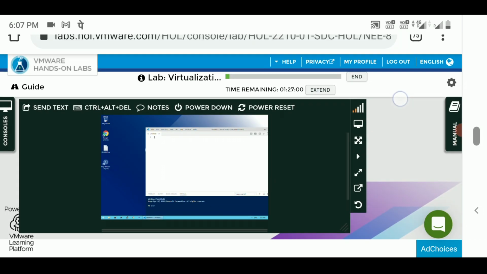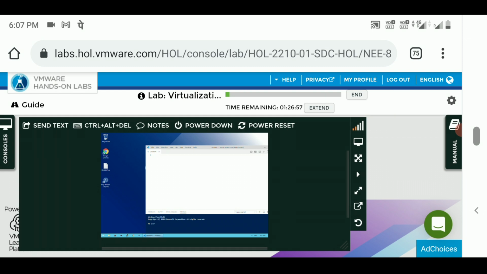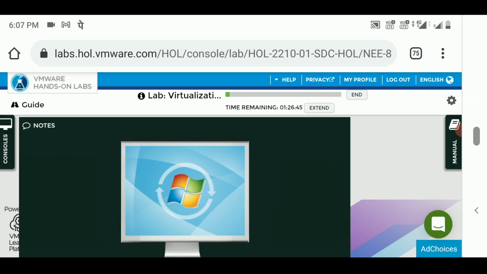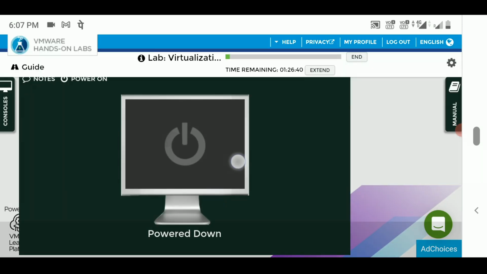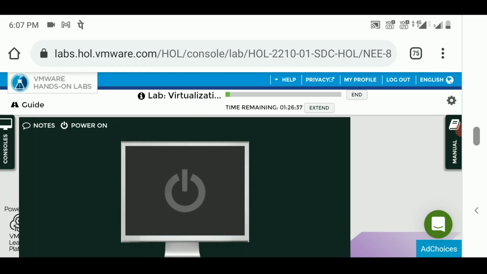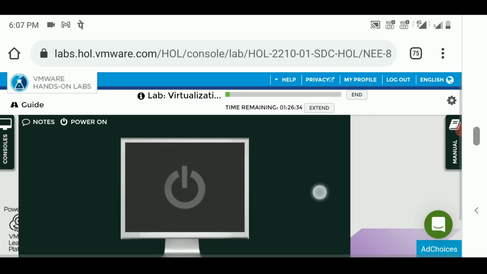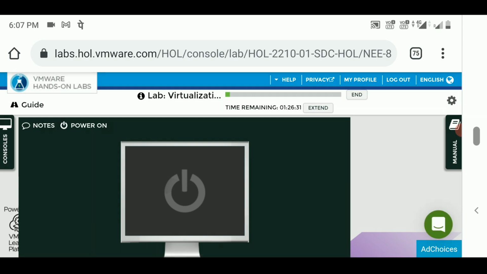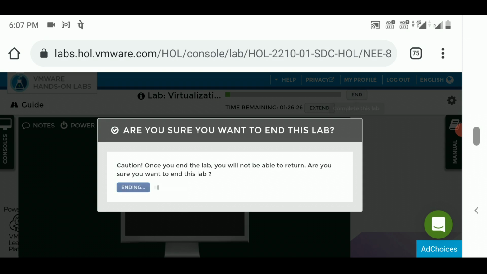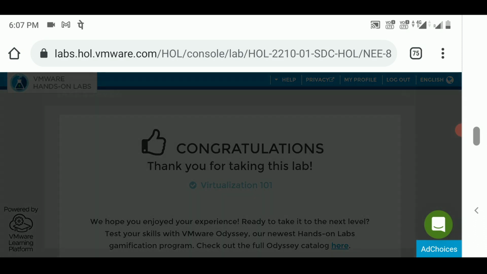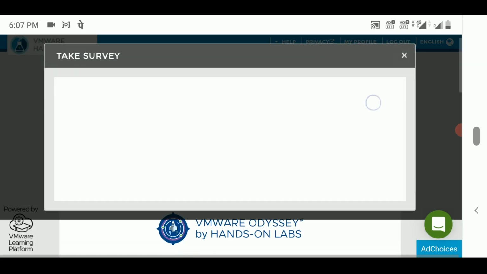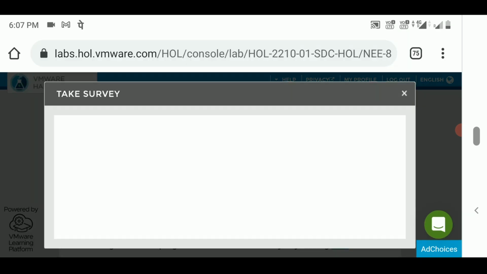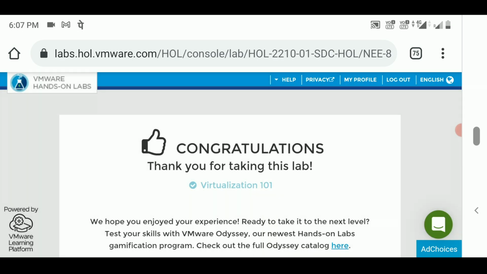It will exit you from the full screen, and here you have to simply click on power down. Click on power down. It will turn off the virtual machine. So you can see it's powered down, and in case your trial version is completed, you can just create another account with a different Gmail. There is no issue with that. Now click on end, click on confirm, click on this cross. Now go back to the official site here.